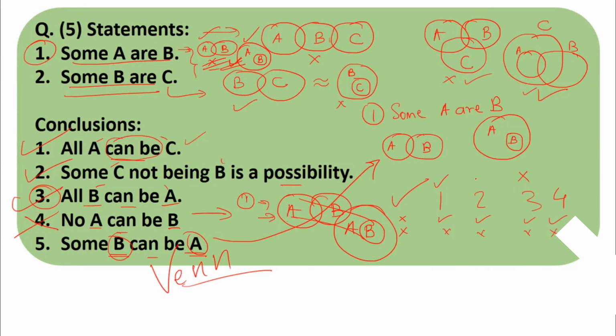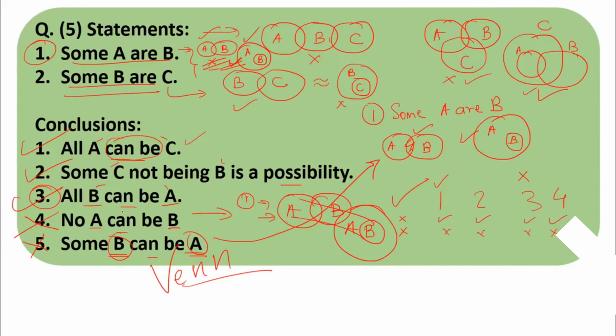Okay. Now, what we will do is check the conclusion. Some B can be A. Yes, some B can be A because it is overlapping. Here it is true. Again over here, some B can be A. Yes, entire B is A over here. Right? Some B is A. So the conclusion is true over here. So in both situations, the conclusion is true. So this conclusion has to be false or wrong. We have learned if in all the situations the conclusion is possible, we have to mark it as wrong. So we marked it wrong. So over here 1, 2 and 3 are valid, the rest are wrong.